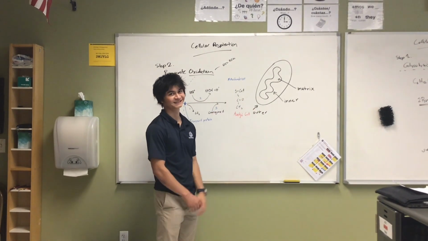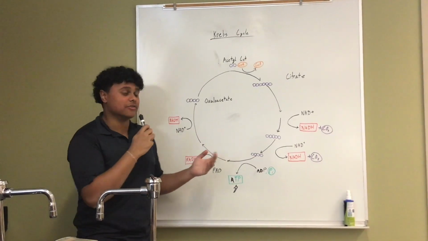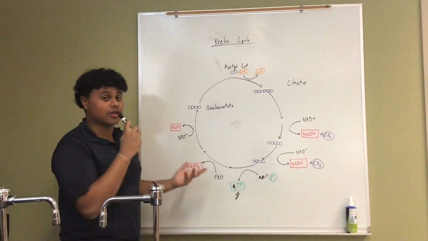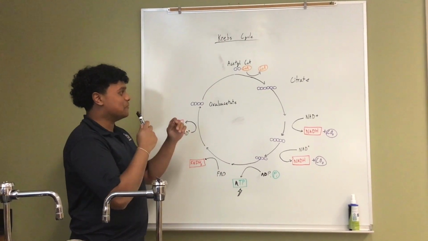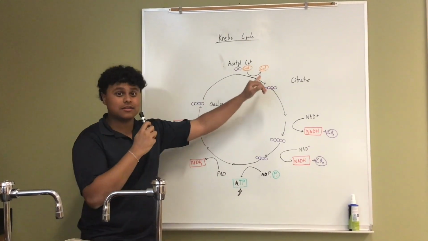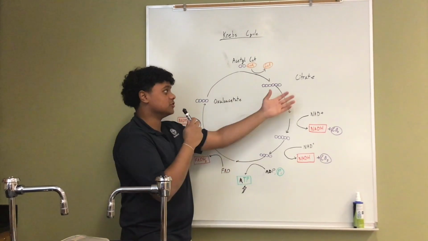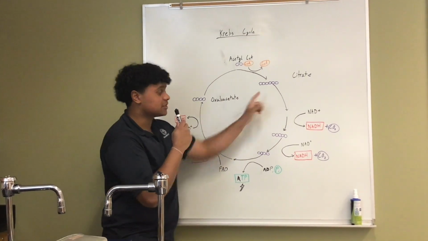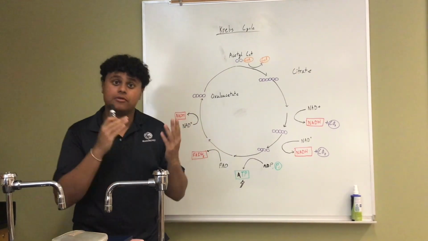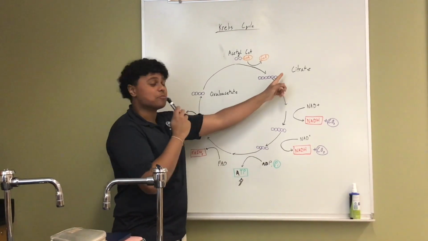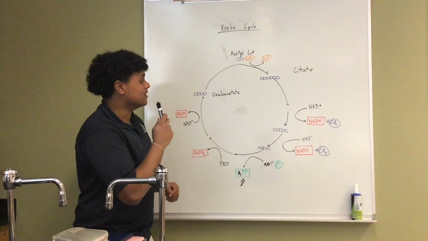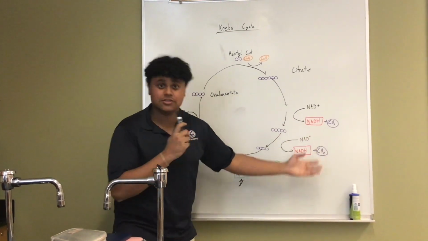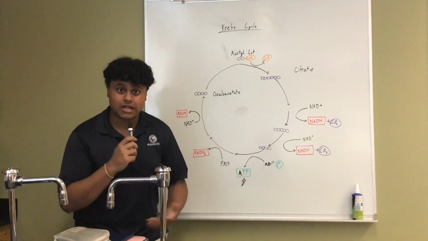Right here. Today we're going to be learning about the Krebs cycle. We start off with the acetyl-CoA, and the CoA is taken out, which leaves us with citrate. Now, this cycle is accounting for 2-pyruvate. So we have 6 carbon, which means we have 3 carbon for each pyruvate. Moving from the citrate, we get 2 NAD pluses that turn into NADH plus CO2